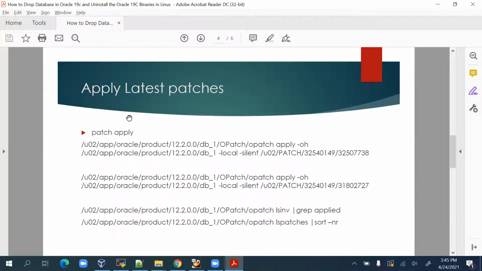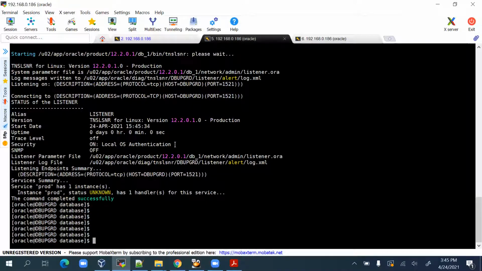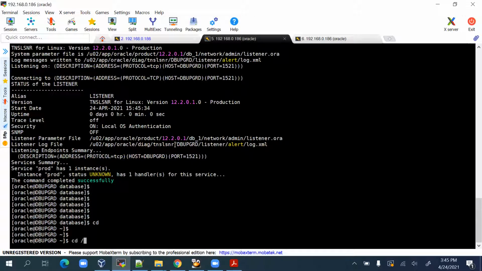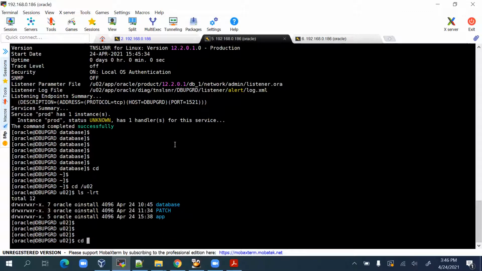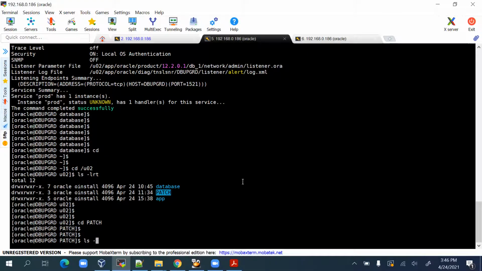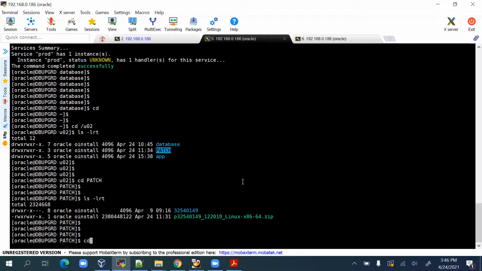So I have downloaded my patches on this path called cdu02. For how to download any latest patches, you can refer to my previous video. I have given the link in the description. This is my patch location. I have downloaded this patch, and what we have to do is first copy the latest Opatch utility